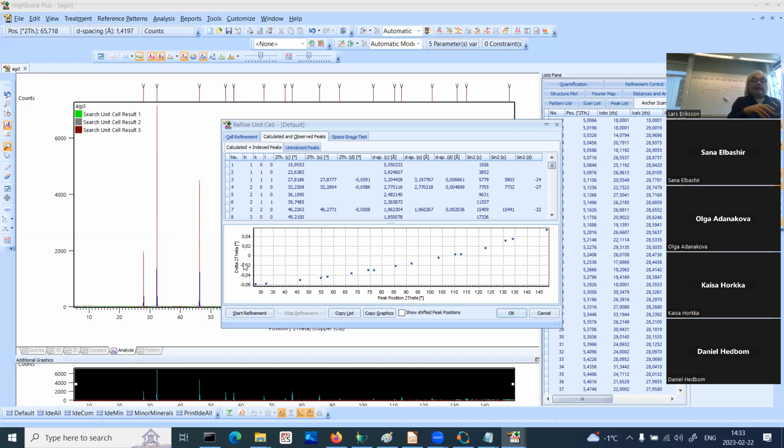Well, ideally, the variation of OBS and calc should be small and maybe random. It is a bit random because it's not a perfect line, but if you extract the values and make a picture of it, it's very